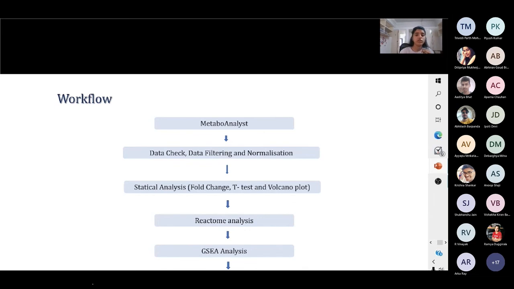Now, the workflow which I am going to follow for my project: the raw data was analyzed using MetaboAnalyst. Data was checked, filtered and normalized. Statistical analysis like fold change, t-test and volcano plot was done. Spectrum analysis and GSEA analysis was performed, and then the biological significance of the data was interpreted. So now, first was